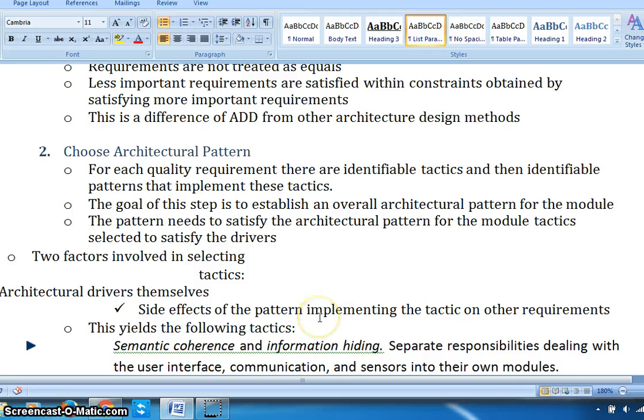When you choose any pattern, it should not produce any side effects. Sorry, if it produces side effects, then there are the side effects of the pattern implementing the tactics on other requirements. While designing the architecture, sometimes we choose the wrong pattern. In that case, we get a different kind of side effects. Again, we need to implement the tactics in such a way as to get rid of these side effects. These are the following tactics: